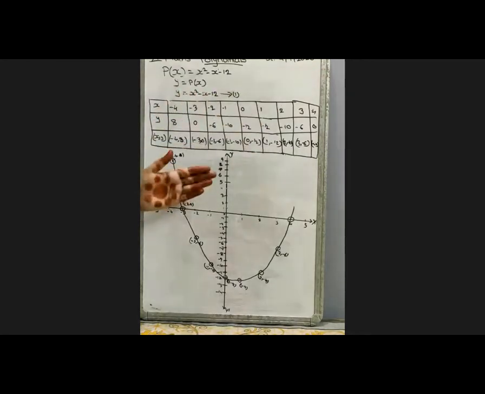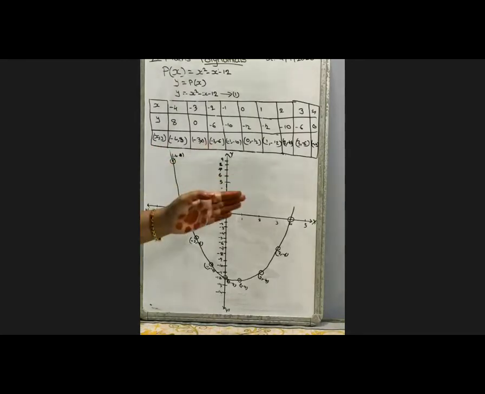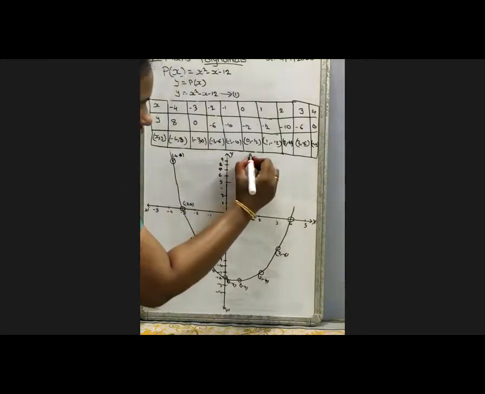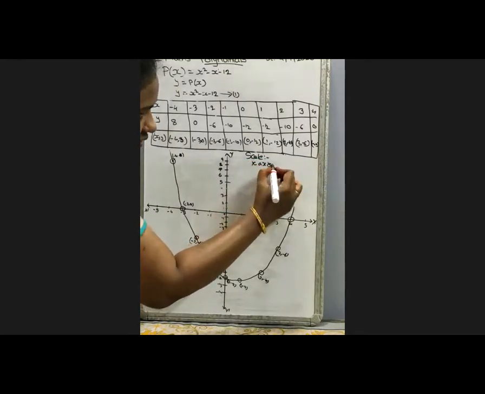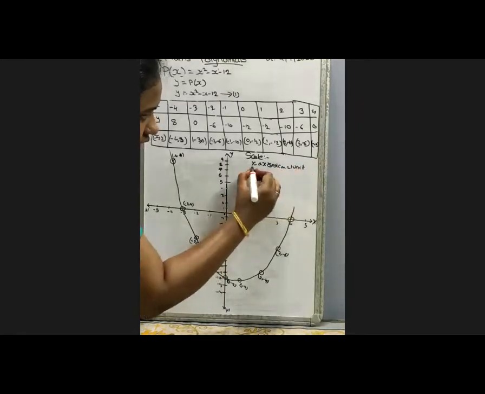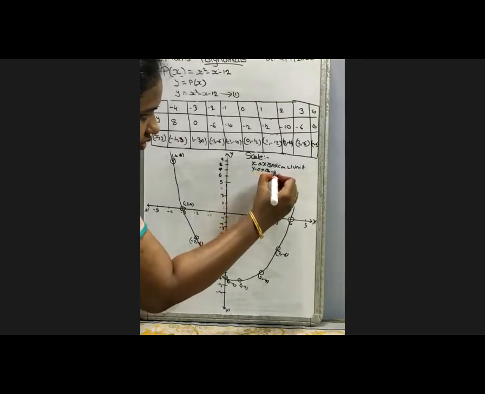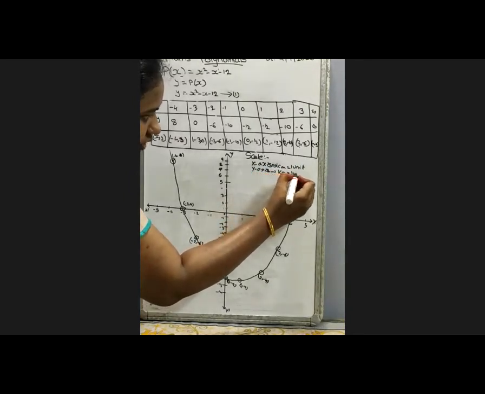And before erasing this, we wrote something, no. We put x equal to values, y, x values we kept, no. For that they will give you marks. And after that, we have to write down the scale here. Ma, scale is very, very important, ma. Here we have to write down the scale. Scale: x-axis 1 centimeter equal to 1 unit, and y-axis 1 centimeter equal to 1 unit.